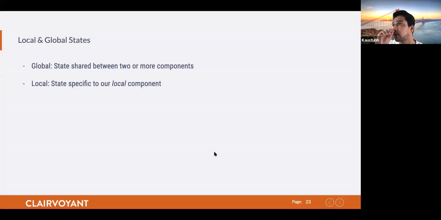Now we have been talking about the local and the global states, so this is pretty self-explanatory. We have to make a decision over here on when to use state, when to use reducer, and when to go for Redux kind of a fashion. It completely depends upon our state. If more than one component is sharing the same data, then I would say let's go for global state, or else just keep it with the local state, which is this.state or useState.